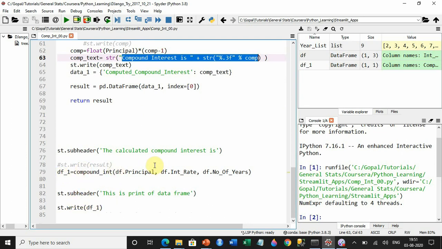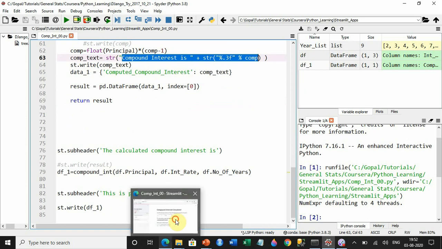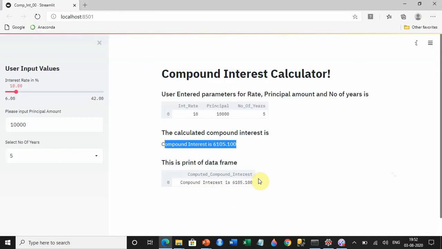So if you take a look, this portion is coming from the function, and the bottom print is of the data frame. This is the data frame print. This is actually redundant, but I just wanted to show you how the data frame print looks. It is the header, and then the observation number, and then the actual value. That's how it has come here. And this is the print from the string. Now as I suggested, you can download this. You can make changes on your own, and you can play around, and that's how you'll get the first very simple web app through Streamlit.